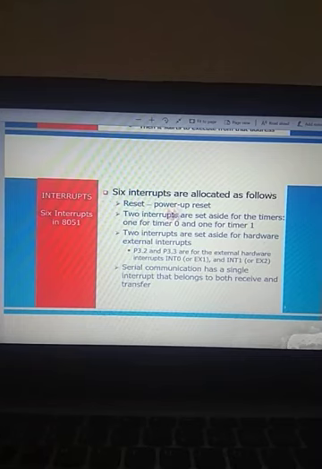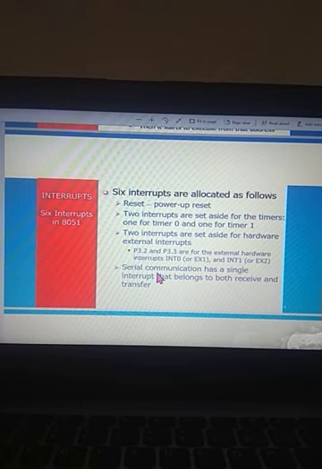One is reset or power-on reset, which takes 3 bytes. Then 2 interrupts are set aside for the timers, timer 0 and timer 1, both 8 bytes wide. 2 interrupts are set aside for hardware external interrupts, INT0 and INT1, which are associated with pins 3.2 and 3.3. And the last one is the serial communication interrupt.